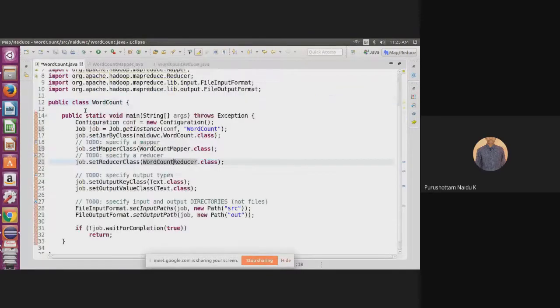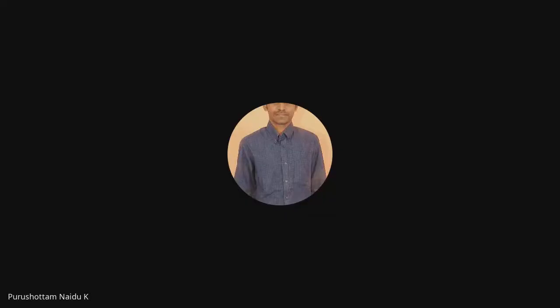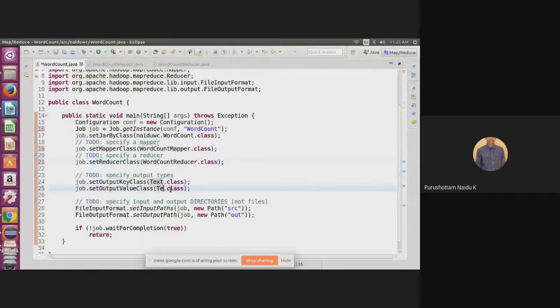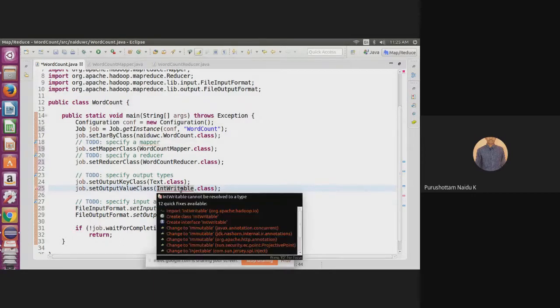That's why, in the reducer output, the output type is IntWritable, so we have to modify it to IntWritable. You just have to import this IntWritable. Clear?